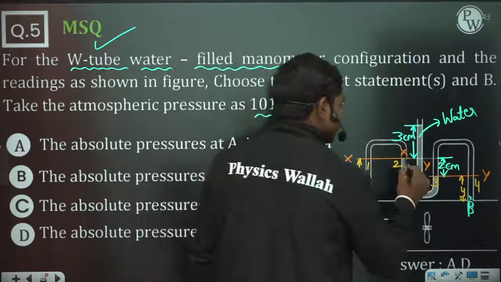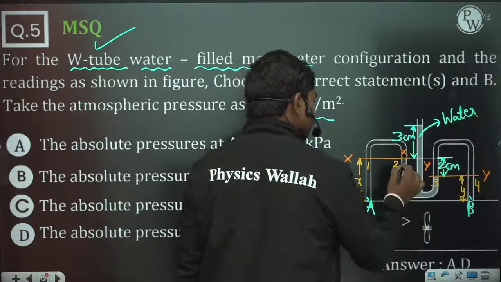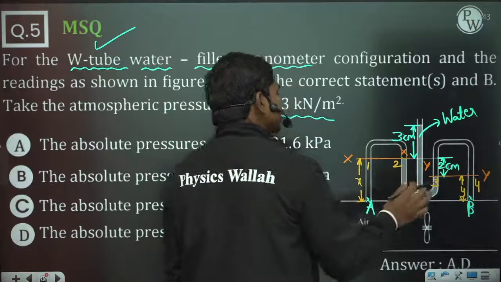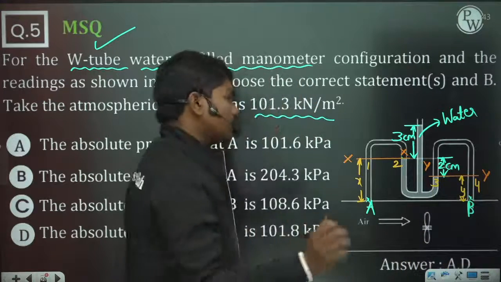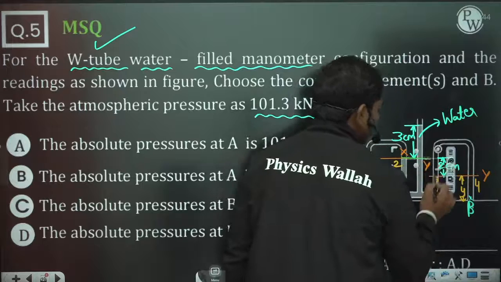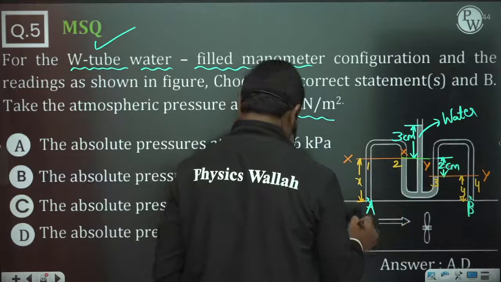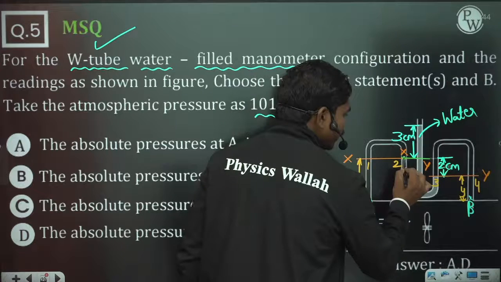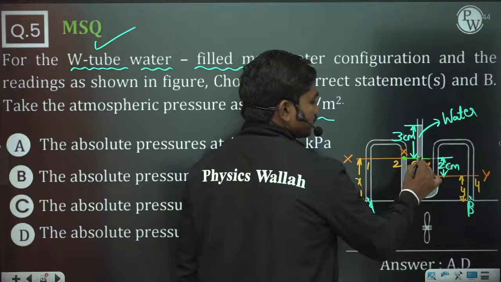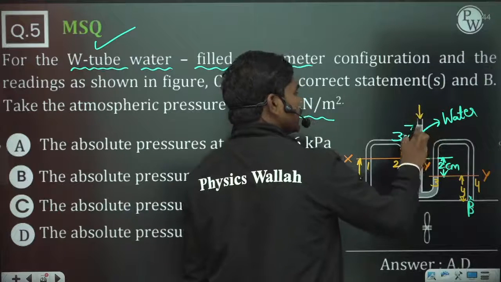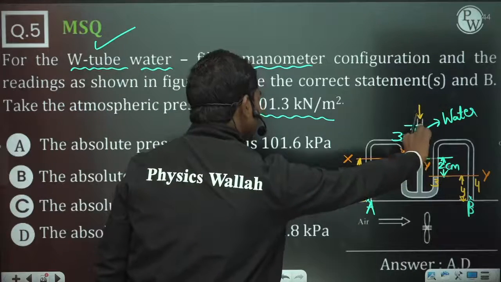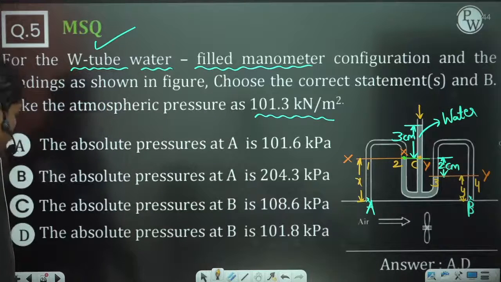Now, how do you identify the pressure at location 2? This is a manometer, and the water poured in this manometer is in static condition. So definitely the hydrostatic law will work out. If you take a section here like this, then the pressure at this location will be the same as the pressure at this location. For example, if I call this point C, the P2 value is the same as this PC value. So what is PC? This is atmospheric pressure plus this water column of height 3 centimeters. So PC is equal to PATM plus the pressure due to this 3 centimeters water column. So P2 is equal to